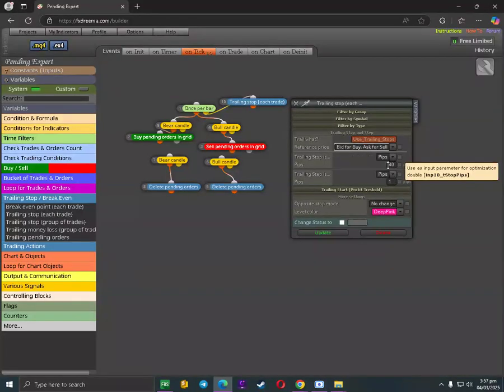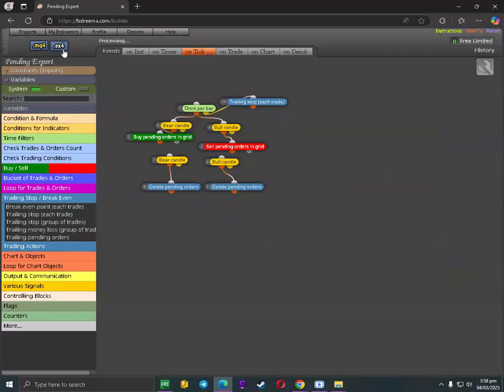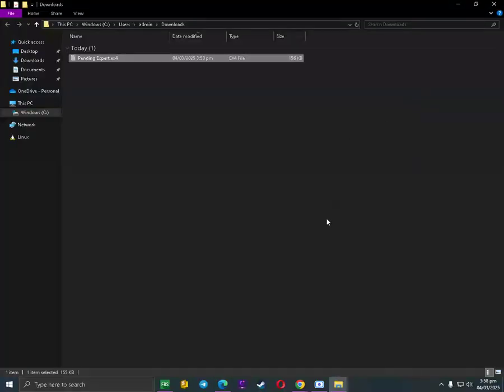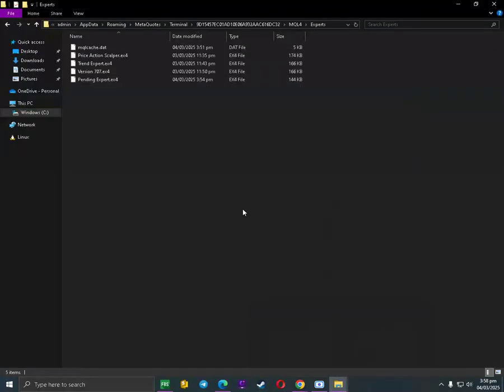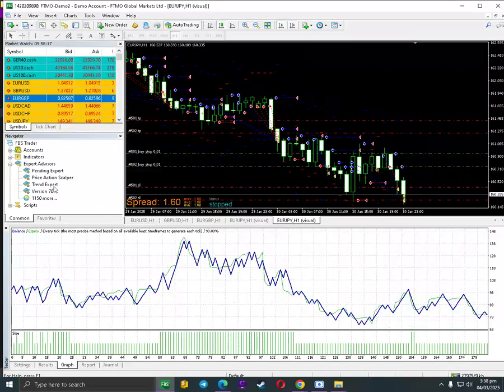So bid for buy and ask for sell because that's the one I've been using. Step and pips offset. Don't forget that one. So let's check. Let's try to test this one if this really works.